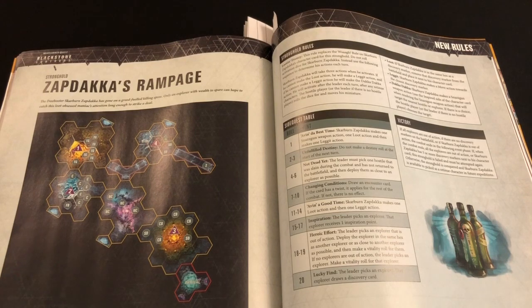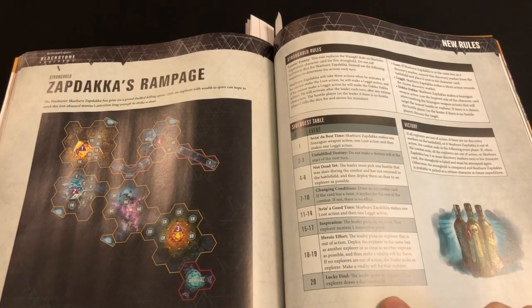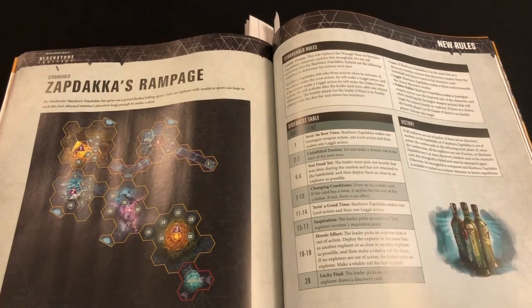The other thing is there's actually a repeat of a minor issue that was in the side quest for the Ogrins from last month, in that the rules do say that you cannot acquire discovery cards for any reason while you're on a side quest, yet when you roll a 20 on the side quest table, you get a lucky find which says you get to draw a discovery card. So there is an actual